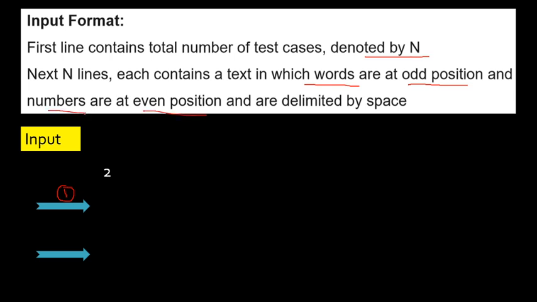After every odd position we have an even position, which means after every word we will have a number. Clear? And they are delimited by space. Delimited means we indicate the end of it by a space. If one word is completed, indicate by a space. If one number is completed, indicate by a space.